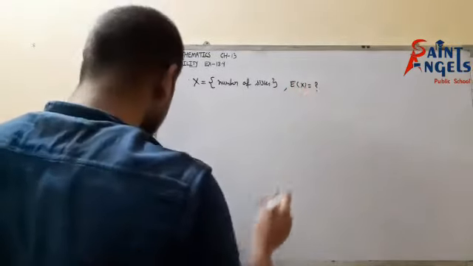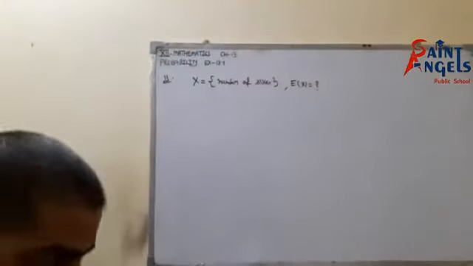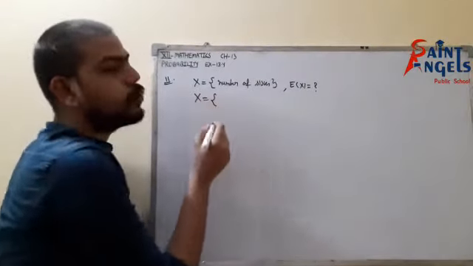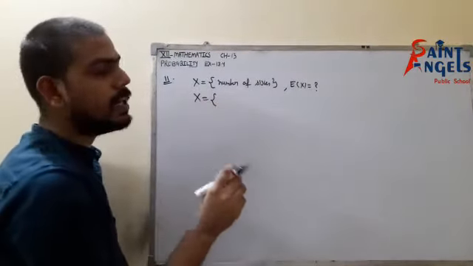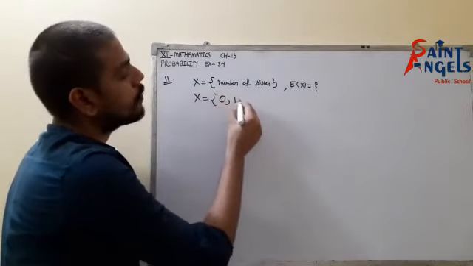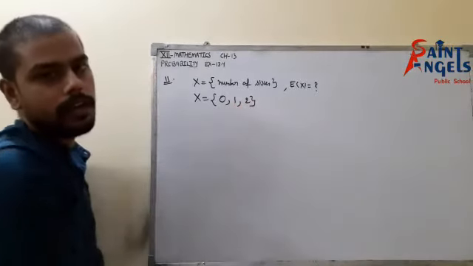Now the question says 2 dice are thrown simultaneously. If I am throwing 2 dice, how many sixes can we have? It could be that none of the dice will have a 6. It means we can obtain zero 6s, or we can have one 6 on either die, or we can have 6 on both dice.